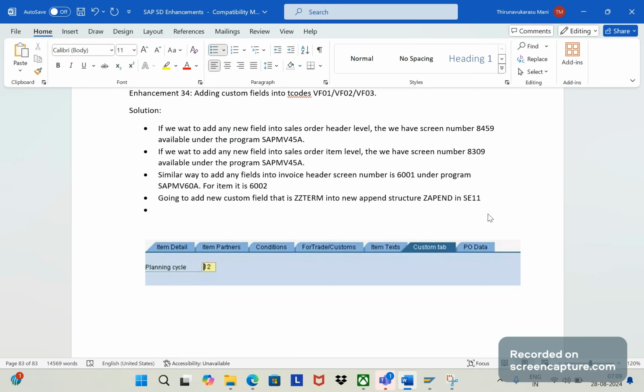The second step is that we need to create one Z program. Let me name it as ZVBRK underscore screen 1. So we need to create one new Z program, custom program in transaction